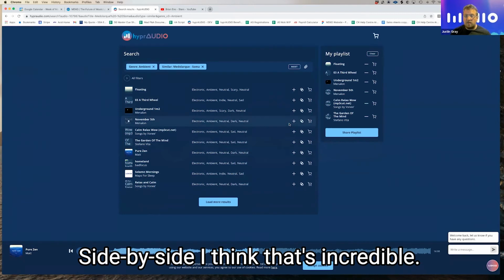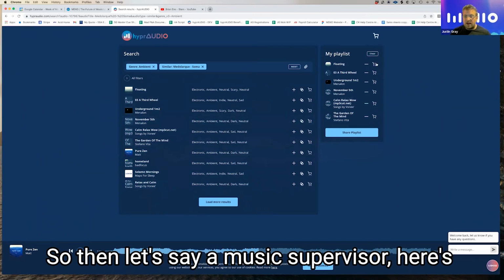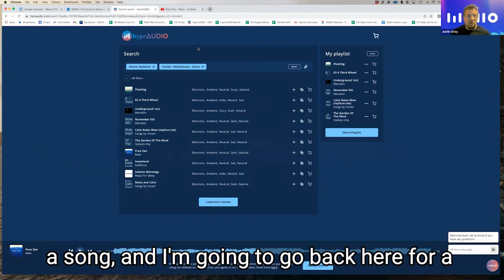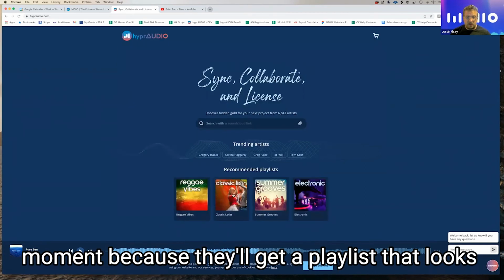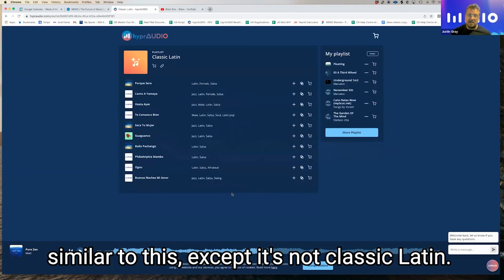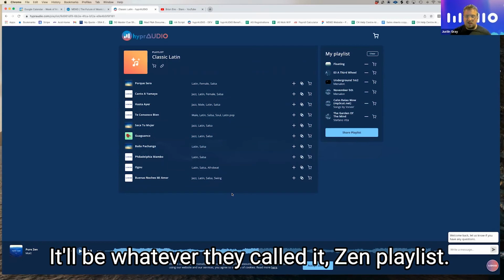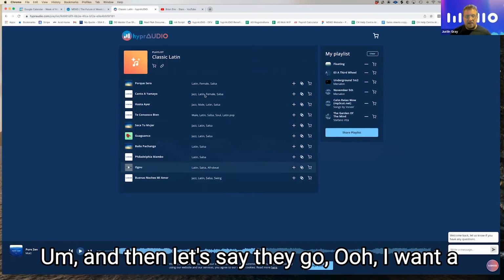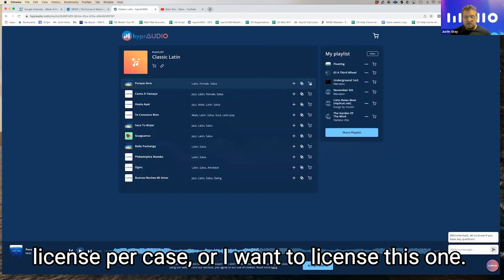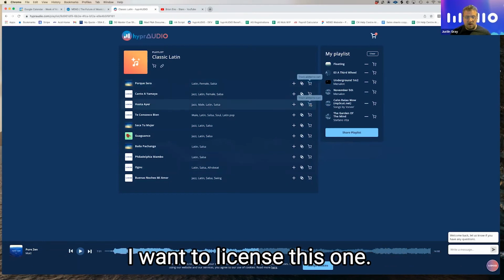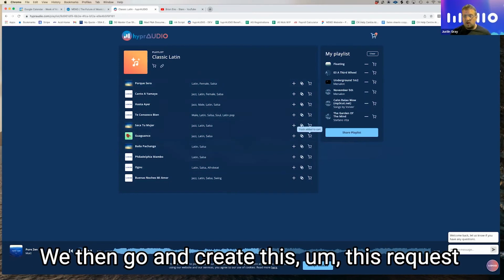I think that's incredible. So then let's say a music supervisor hears a song, and I'm going to go back here for a moment because they'll get a playlist that looks similar to this, except it's not classic Latin. It'll be whatever they called it, Zen playlist. And then let's say they go, ooh, I want to license Porque Sera. I want to license this one. I want to license this one. We then go and create this